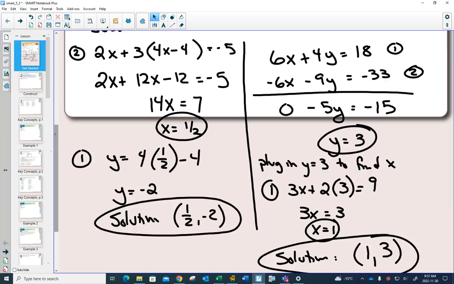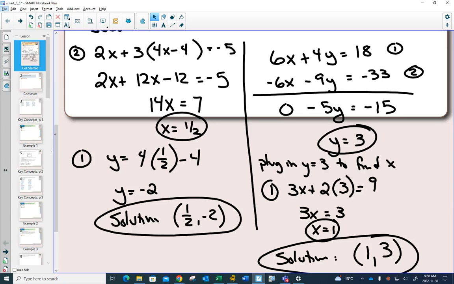So the second example, if we had graphed it, it probably would have worked out nicely. Because the point is nice, 1, 3, we probably would have found out that that was the solution. So these are the two techniques that you learned in grade 10, substitution and elimination. And we need to apply those